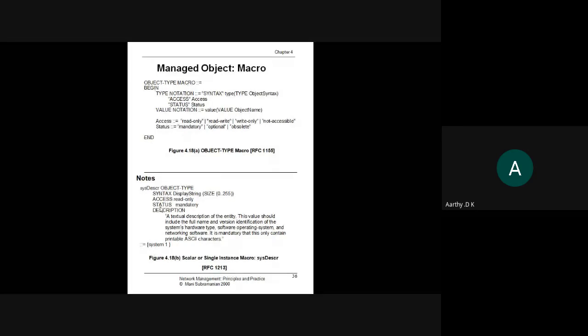And this system1 is nothing but the object identifier. System1 is the object identifier for system descriptor, like we have the object identifier for internet. For internet, the object identifier is 1.3.6.1. Likewise, here the object identifier for the system descriptor object is system1.